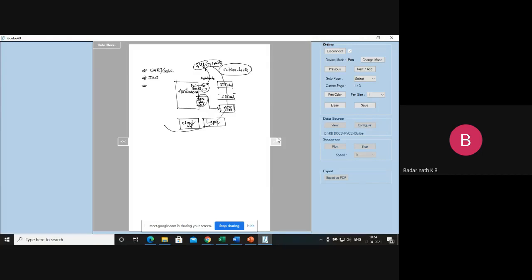Next, the third protocol is called the SPI protocol. SPI is the Serial Peripheral Interface. Whenever I want to send lots of data at a high speed, more than the speed at which the I2C or UART protocols are supported, then I have to use the SPI protocol. What can I use it for? For example, if you want to use an SD card interface, I require this protocol.